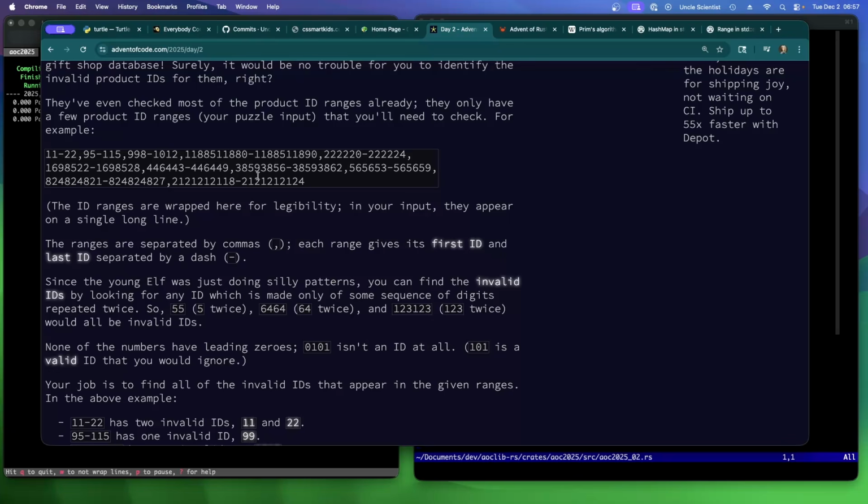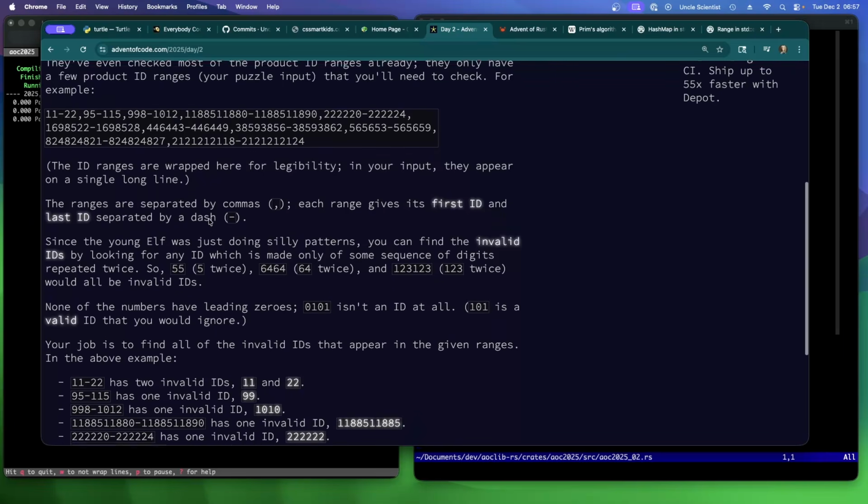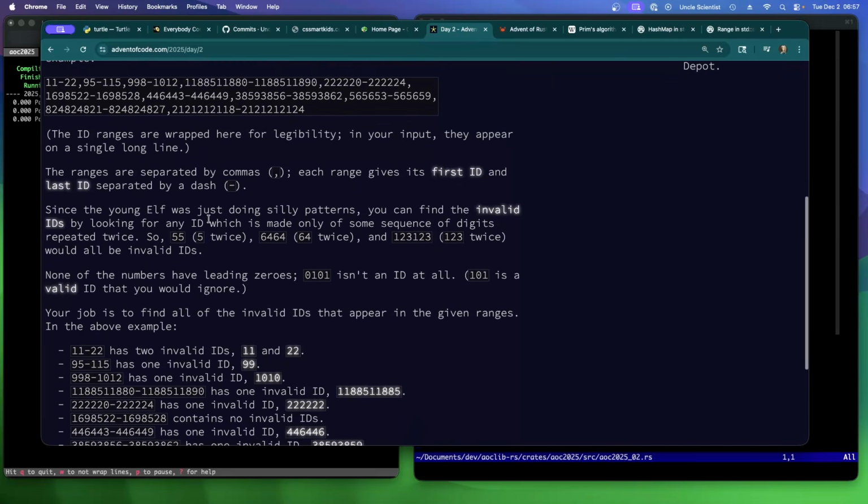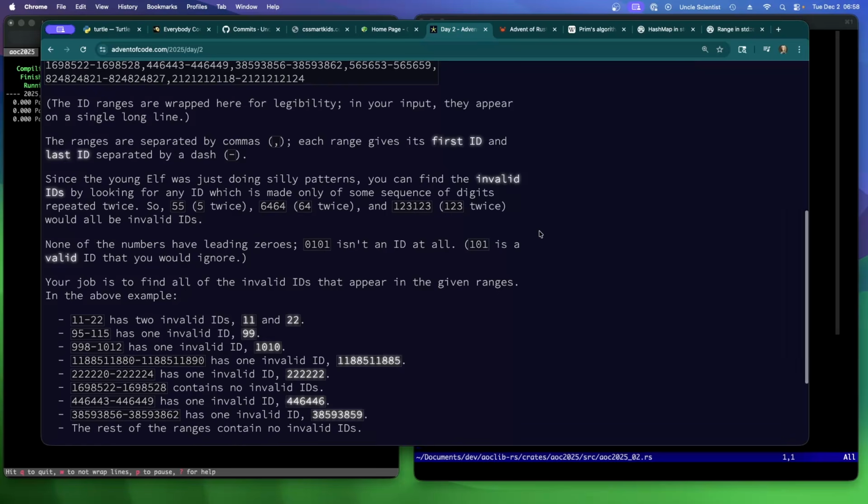For example, the ID ranges are wrapped here for legibility, and in your input, they appear on a single long line. The ranges are separated by commas. Each range gives a first ID and last ID separated by a dash. Since the young elf was just doing silly patterns, you can find the invalid IDs by looking for any ID which is made only of some sequence of digits repeated twice. So 55, 6464, 123123 would all be invalid